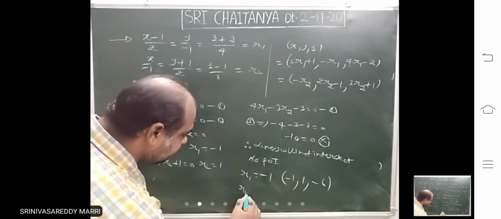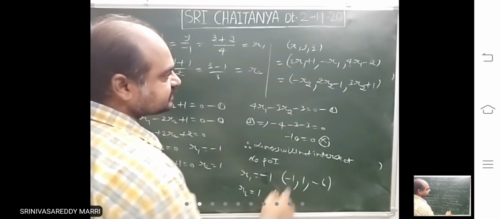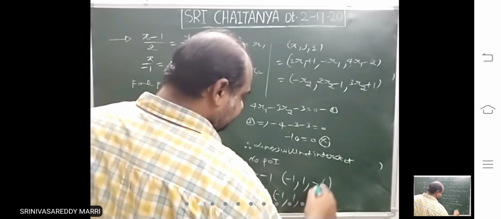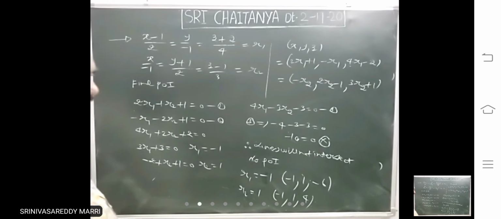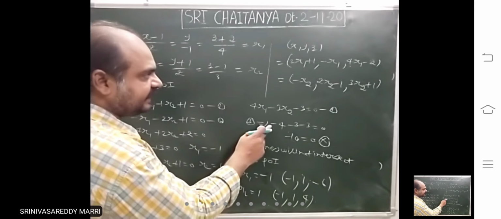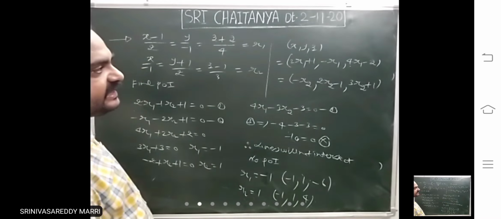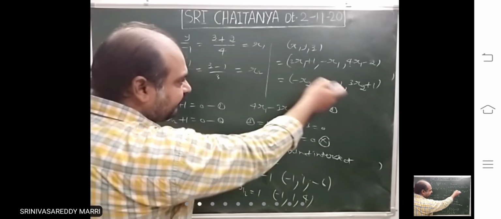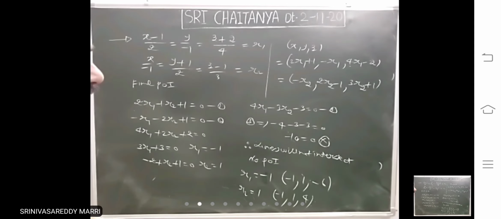R2 equal to 1, if you substitute here, minus 1, R2 equal to 1 means you will get 1, R2 equal to 1 means you will get 4. These points are not equal. In the previous case, if the lines intersect, if you substitute R1 here, R2 here, both will be same. That is the point of intersection. Here both points are what? Different. They cannot be equal. That means there won't be any point of intersection. The lines will not intersect.